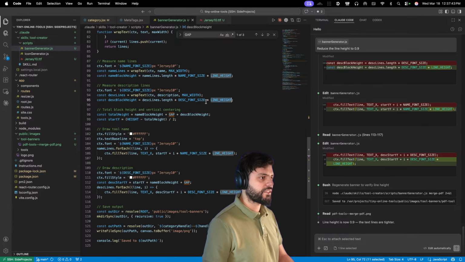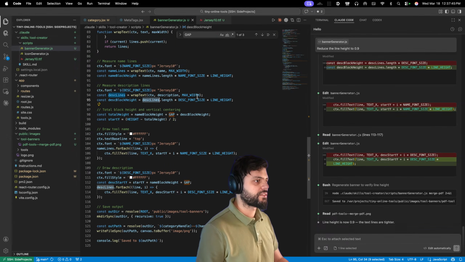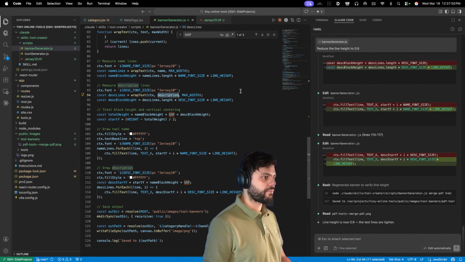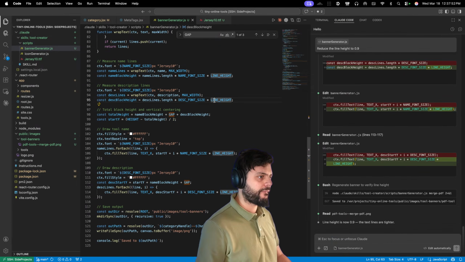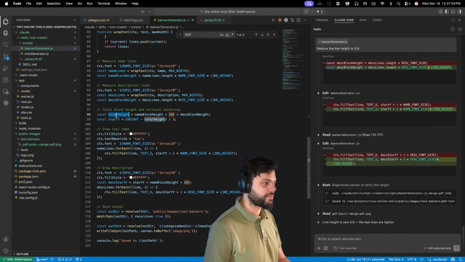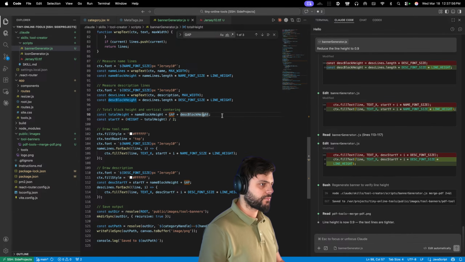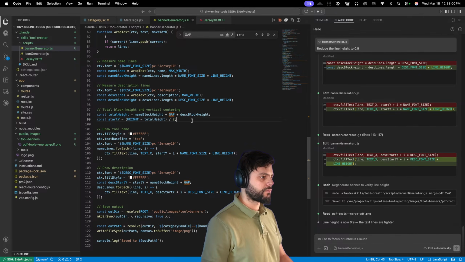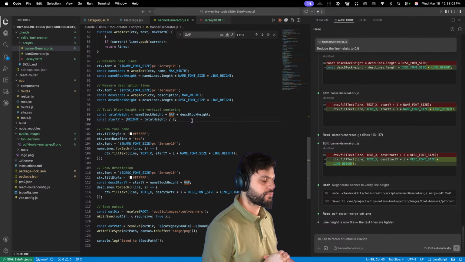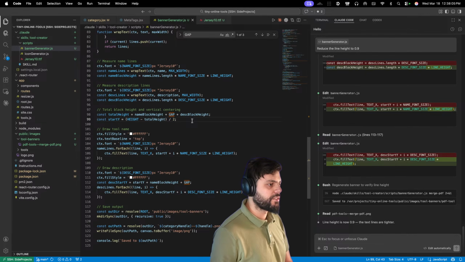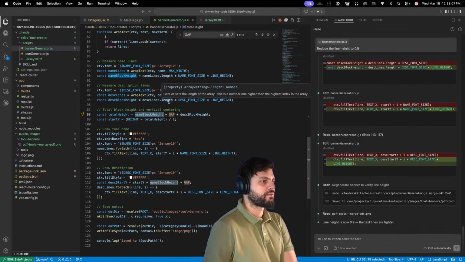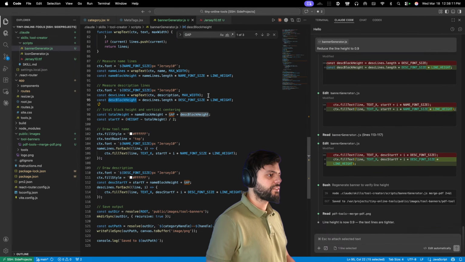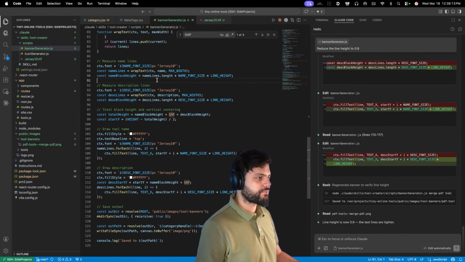Font size, line height, number of lines, maximum width. Name block height. I think when measuring,